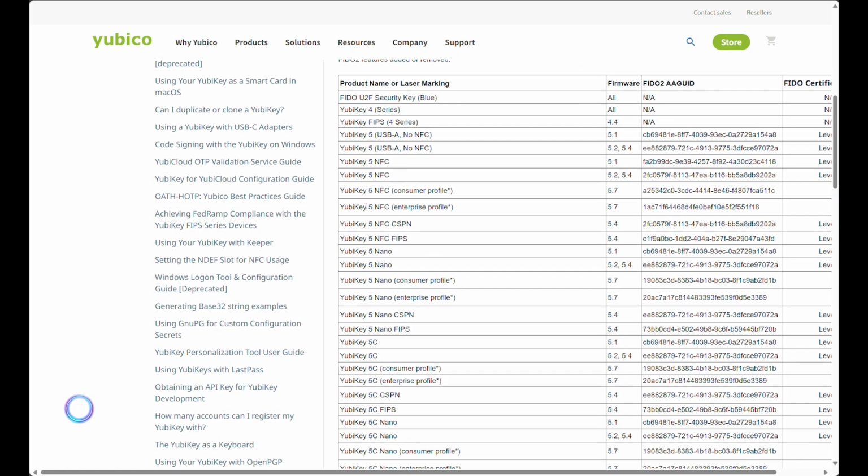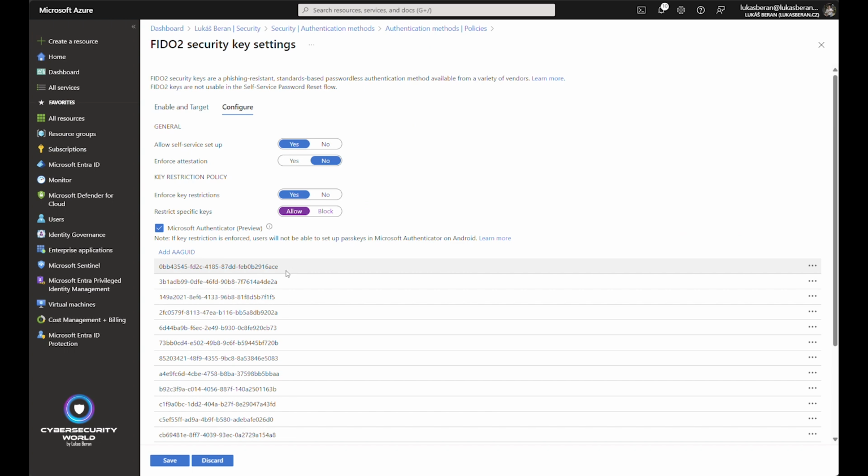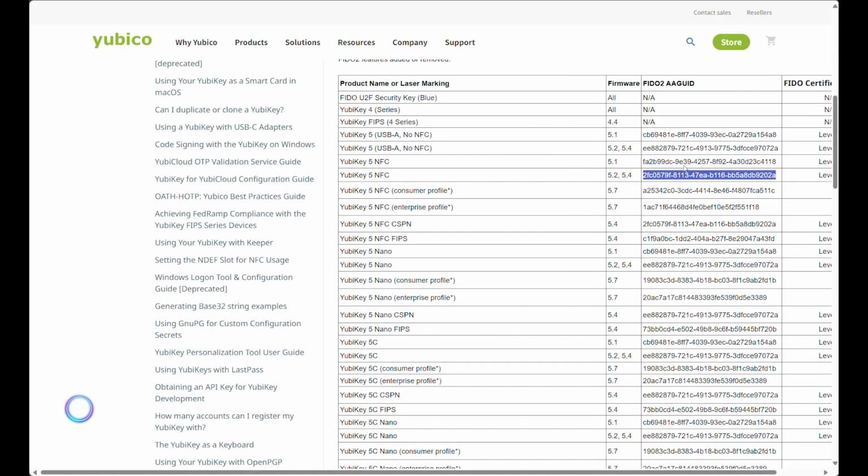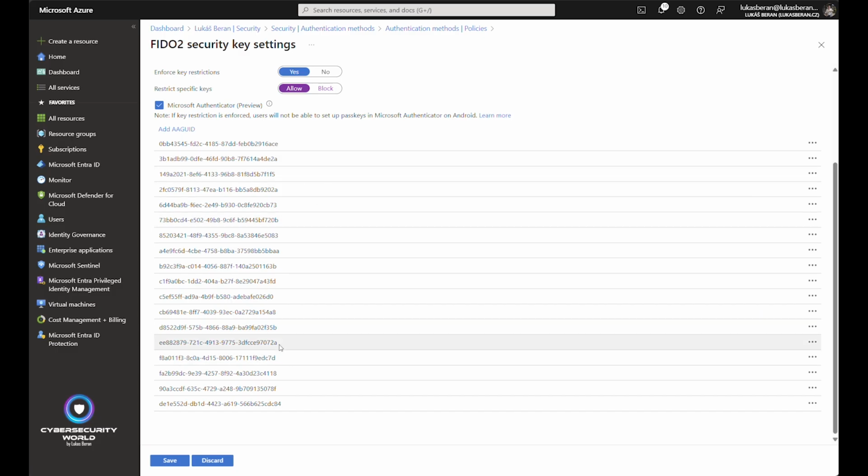So if you want, for instance, to use YubiKey 5 NFC with the firmware version 5.2 or 5.4, you would copy this AAGUID and put it to the list of allowed AAGUIDs. And that's what I actually did here. I simply took all of the AAGUIDs from this Yubico table and put them to the list of allowed AAGUIDs in my tenant. But there is one more important thing that you need to keep in mind,